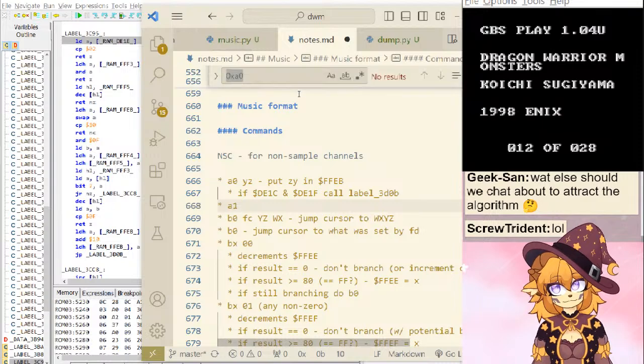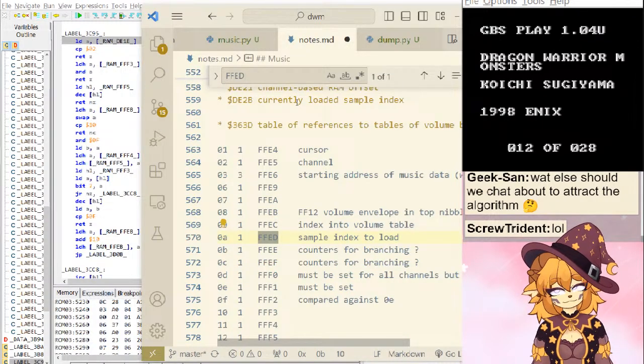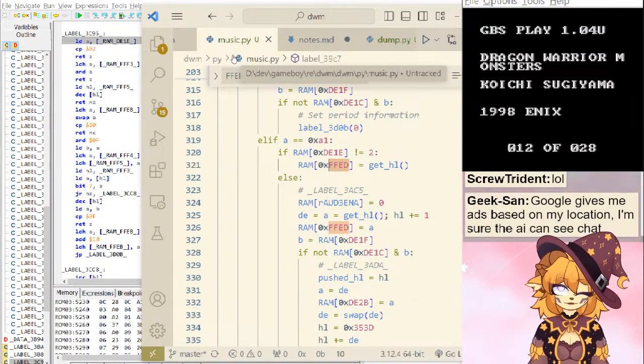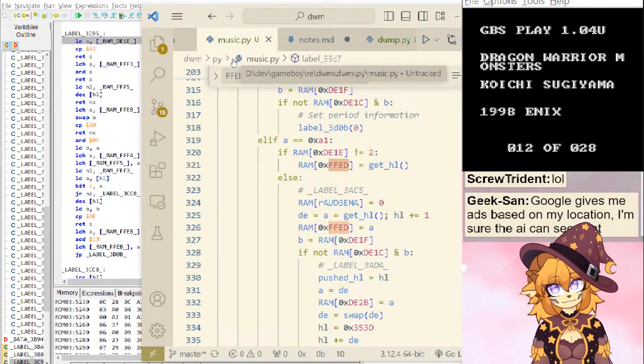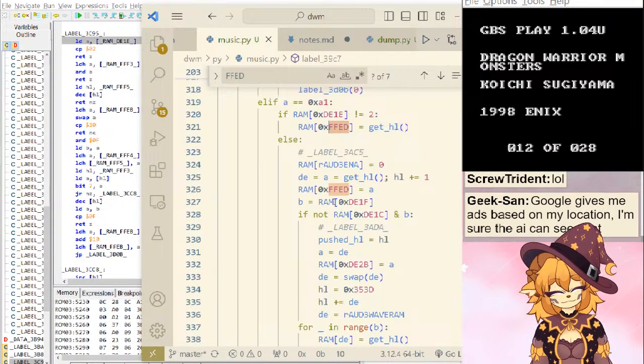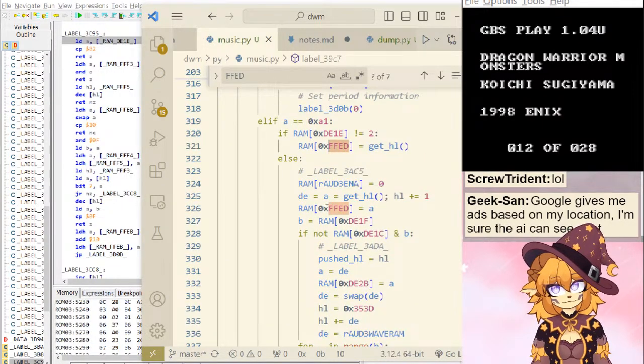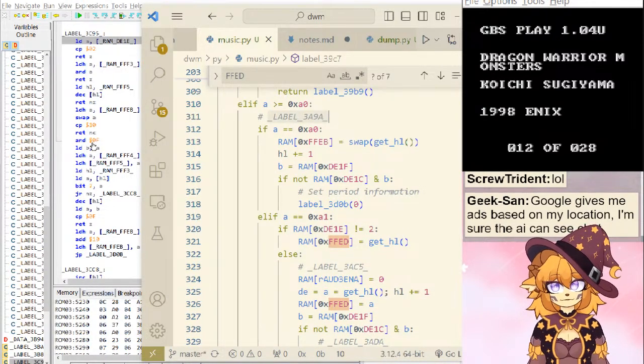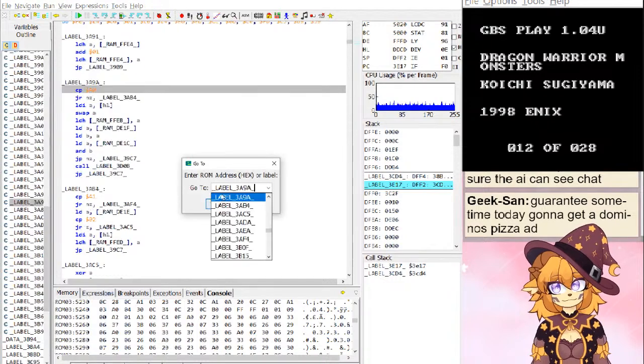FFED, do we know that? Sample index to load. Let's figure this out.